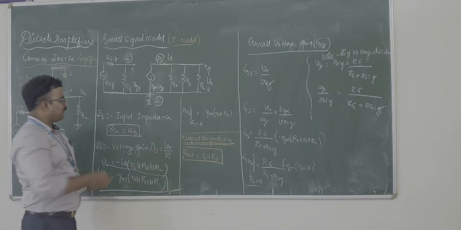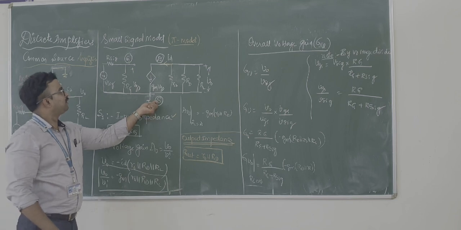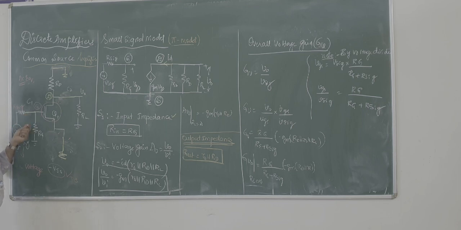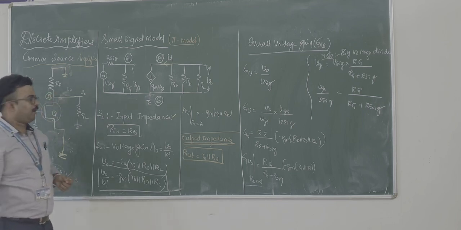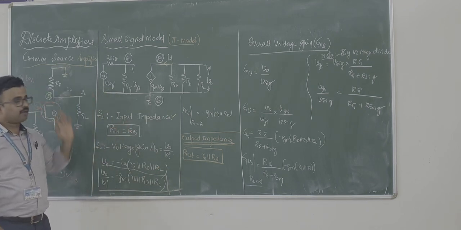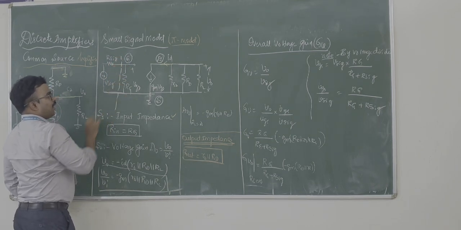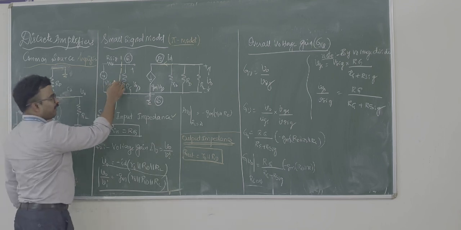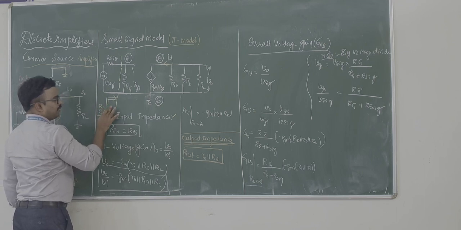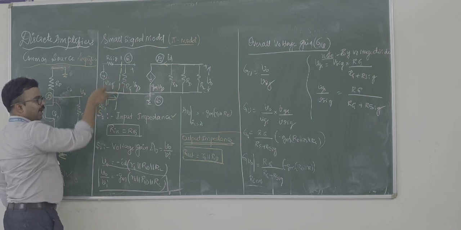What are the different parameters? Note here, the source terminal is common to both input and output; in the common source amplifier, input is given to the gate terminal and output is taken at the drain terminal. Coming to the parameters, first is input impedance. Looking at the circuit, no other complications are required. Just by the inspection method, draw a dotted line and look in from this end, whatever value you get is the input impedance Rin. Whatever resistors you come across here, Rin is nothing but RG.